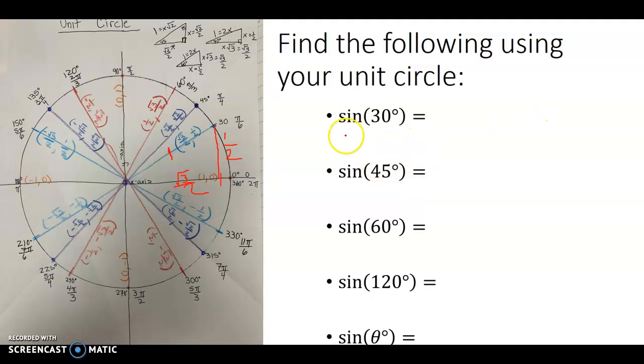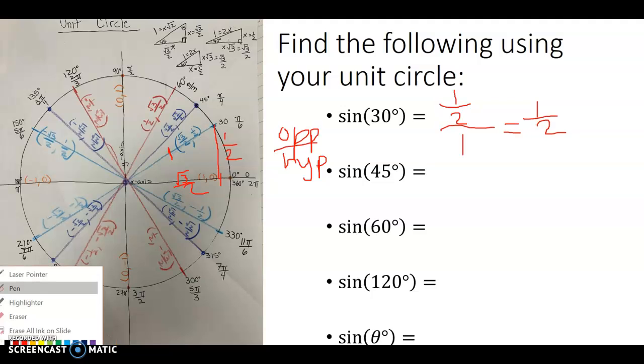Okay? So sine is the opposite over the hypotenuse. Opposite, this is on the opposite, so that's 1/2, over the hypotenuse, which is 1. Anytime I divide a number by 1, it's still that number, so it's just 1/2. Okay? I'm going to do the same thing for the cosine